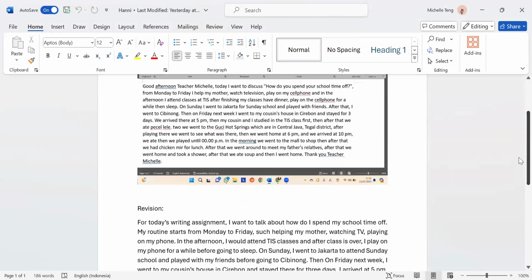Okay, so this writing right here. It's kind of like the grammar that we use when we are doing a speech instead of a writing assignment. So this is where I did the revision. There's a "good afternoon," something like you do when you're giving a speech or talking to someone directly through text. But since this is a writing assignment, we need to make it a little bit more formal. So I did the revision for the first line.